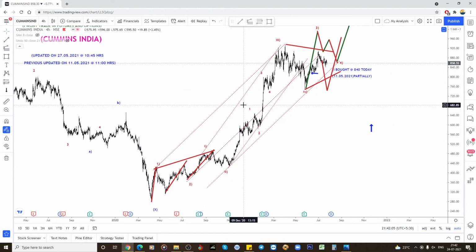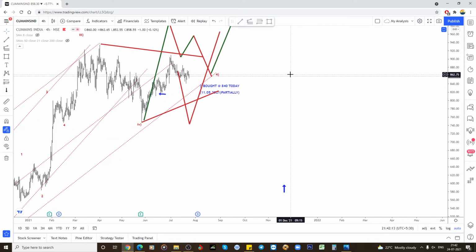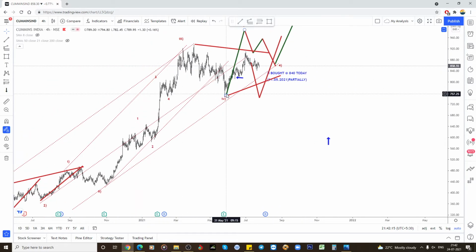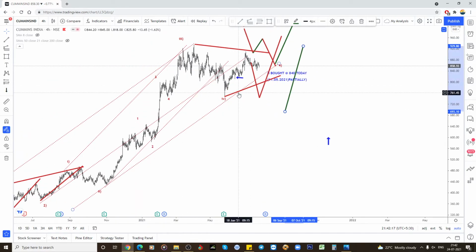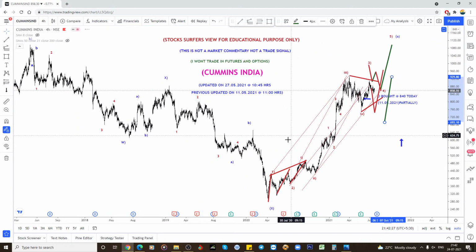So that is also still we are in the fourth wave. Right? I'm expecting to reach this zone of 800. Otherwise, if this is the end of the fourth wave, this could be the five-wave structure. After the three-wave structure, it can bounce from here. So everything it is 1, 2. So 1, 2, 3, 4, 5 need to be done for the bigger 1, 2, 3. So next is